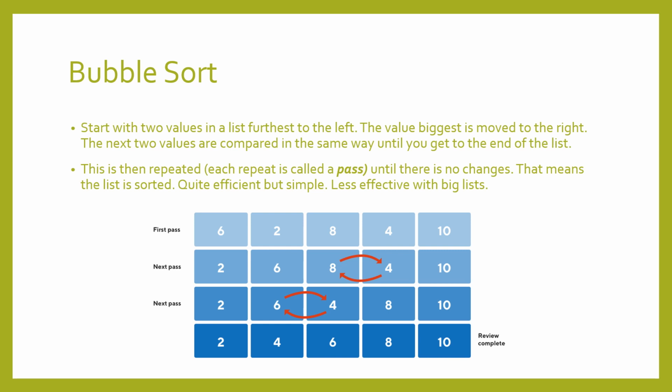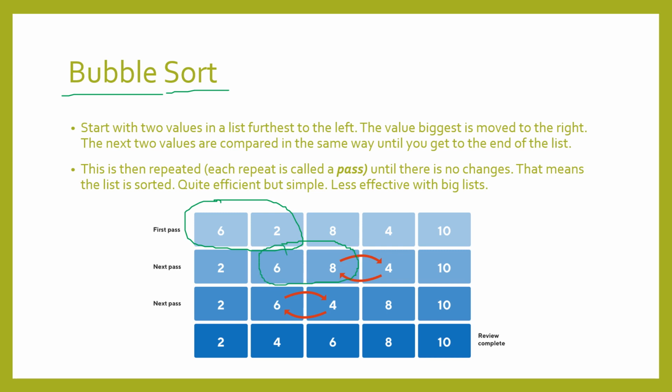Next one is a bubble sort. So a sorting algorithm is all about organizing a list. So if a list is all in a mess, we use a sorting algorithm to sort. The first one is a bubble sort. Basically, we look at 2 values in a list. We start at the furthest left 2 values and we move them. That's kind of it. So the biggest value is moved to the right and the smallest value is moved to the left. We then move to the same here,